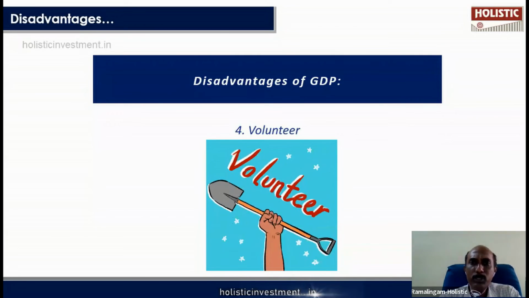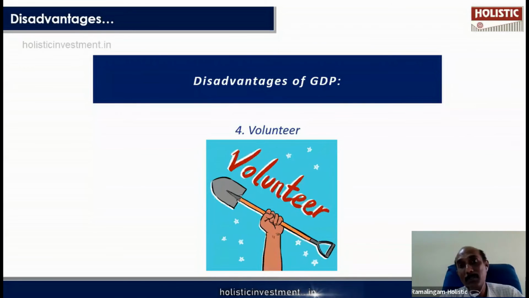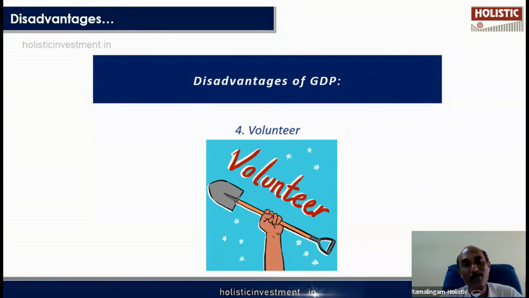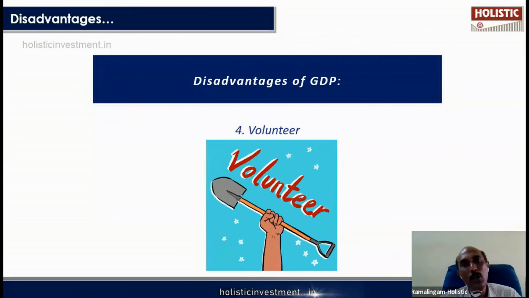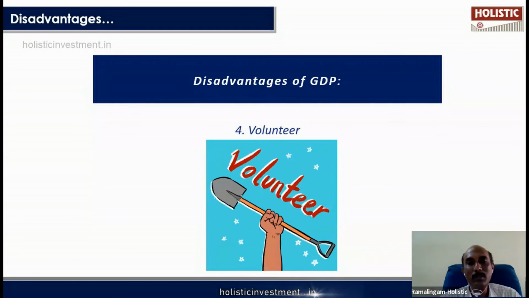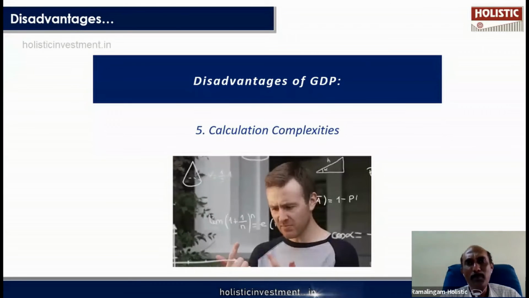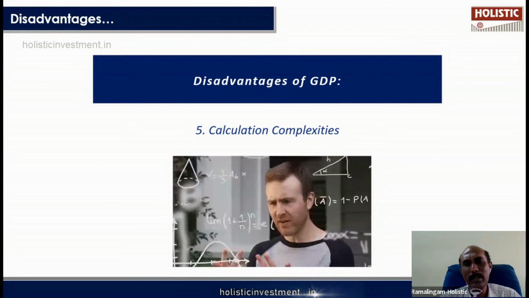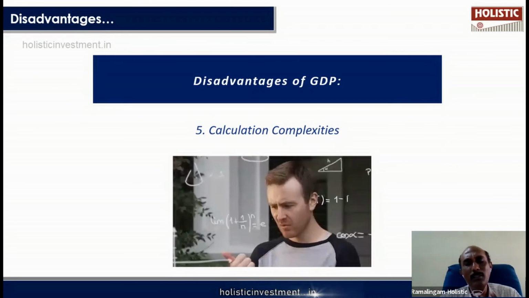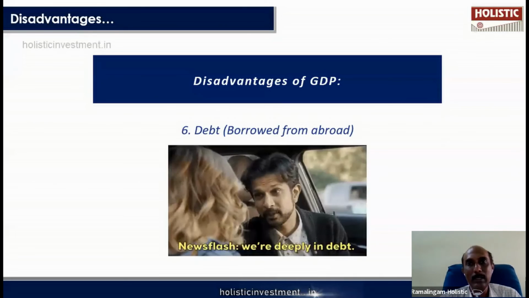The efforts and contributions of volunteers are not accounted because GDP measures based on income and expenses. But volunteers' efforts and their contributions are not accounted in monetary terms, though they result in production. So goods and services produced because of voluntary work are not considered as part of GDP. There are a lot of calculation complexities. Though I have explained three methods, all the three methods are not very accurate, and they include a tedious calculation, right?